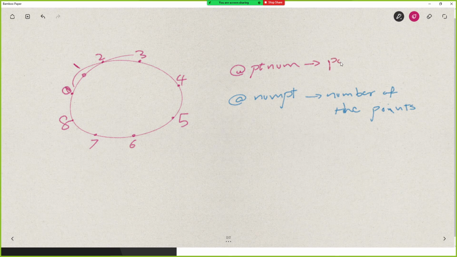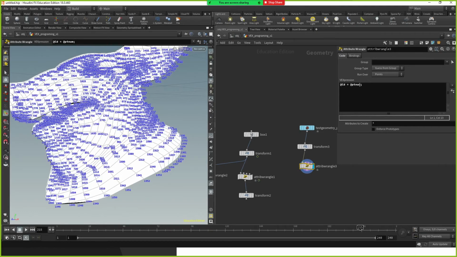Point numbers. So basically, let's say if I divide these together, as simple as that, I get a number that is lower than 1. So if I say point divided by num points,